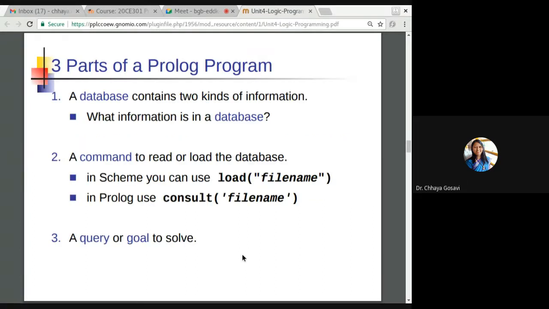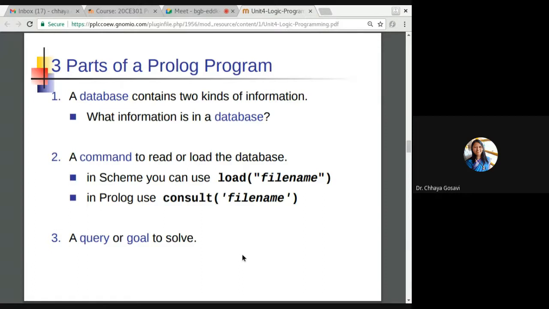So there are three parts of a Prolog program. We have already started working on an online Prolog editor. So you understood that we are writing facts and rules, and then we are asking the queries, and you are getting the result. When you talk about a C program, it has some library files, then functions, and then main, from where you're calling those functions. If you take a Java program, you import some libraries, then you have classes, and in main you create objects of those classes and call the methods of classes.